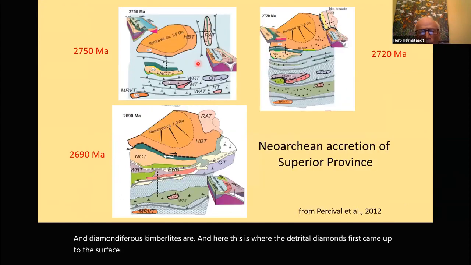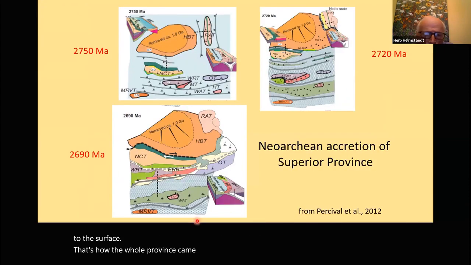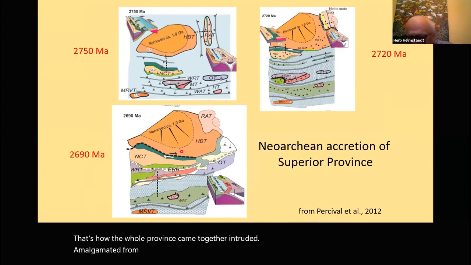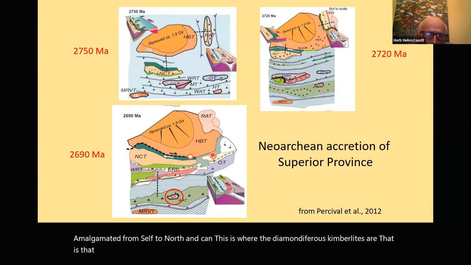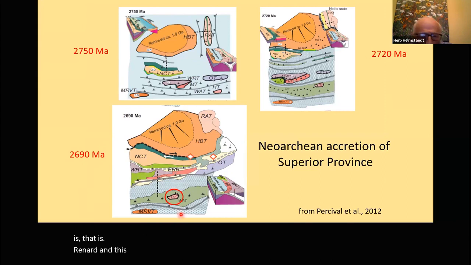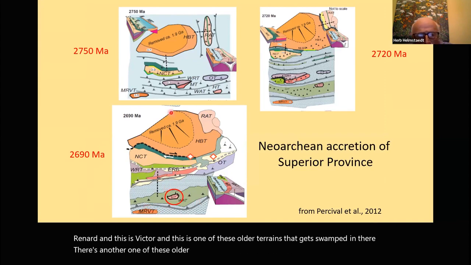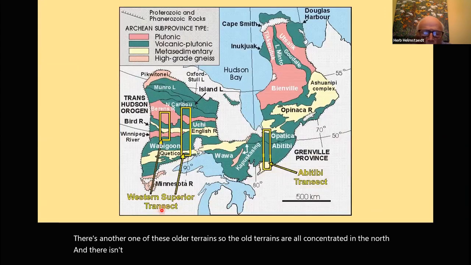That's how the whole province came together, amalgamated from south to north. And this is where the diamondiferous kimberlites are. That is Renard, and this is Victor. And this is one of these older terrains that gets swamped in there. There's another one of these older terrains. So the old terrains are all concentrated in the north, and there isn't much in terms of diamonds to the